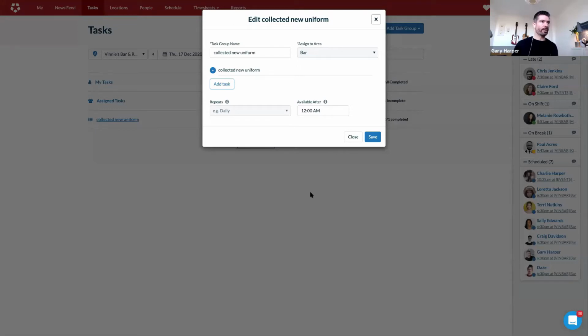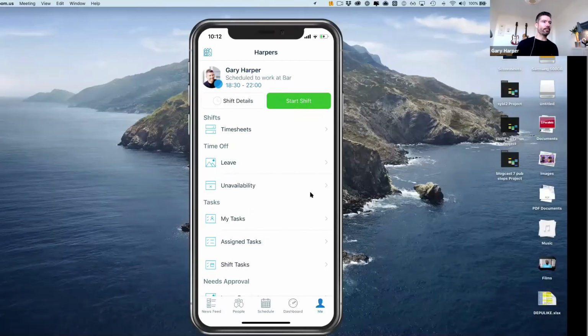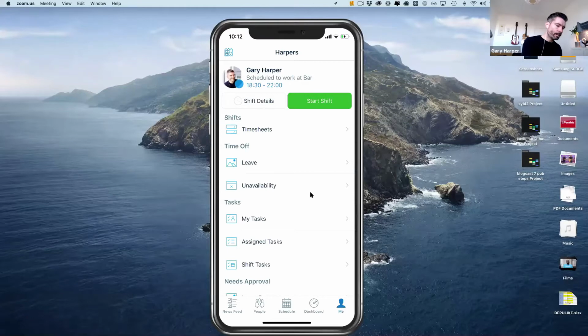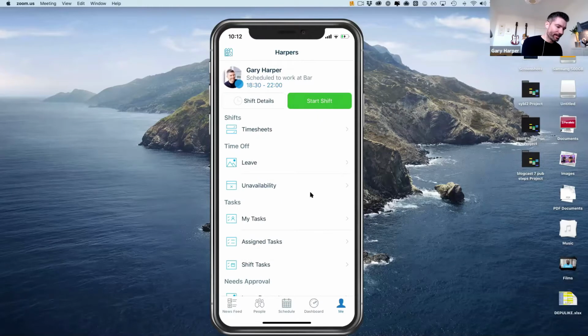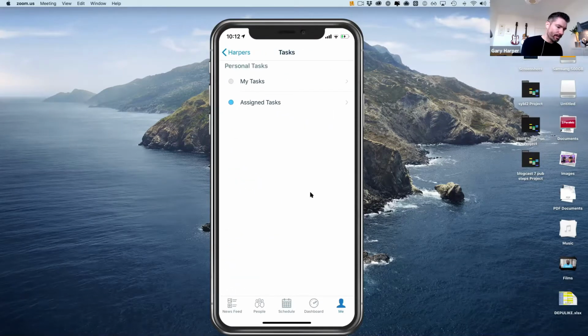So what I'll do actually is, let's just go over to my mobile phone here. I should have that as an assigned task for later. This is when the live demo doesn't do what you're expecting. I wonder, okay, so what it would show is the new, maybe I didn't publish it or something, but